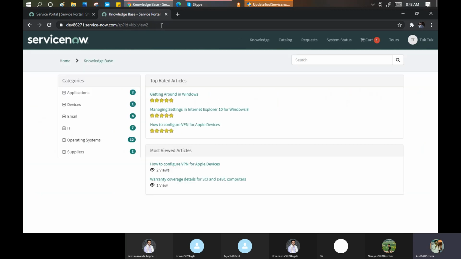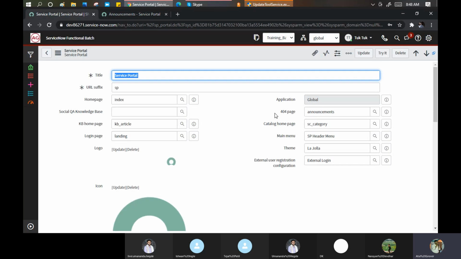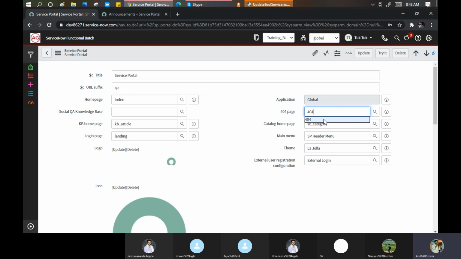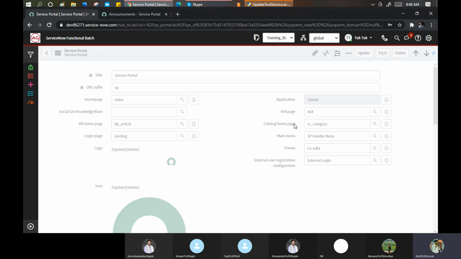Still going to the cache only. See, it's showing announcement. Earlier it was showing 404 because we changed it. So you can put your changes here. Okay, then the catalog home page. These are the points which give a better user experience, nothing else.